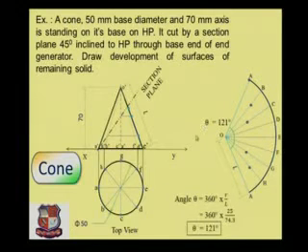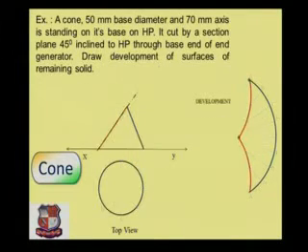And similarly point E and F could be located with a similar exercise. Measure O dash to this height, put it over here. Now join all these points with a smooth curve, and that is the development of the given solid, or here it is a cone. So this is our final answer, development of the cone. This is the final answer.